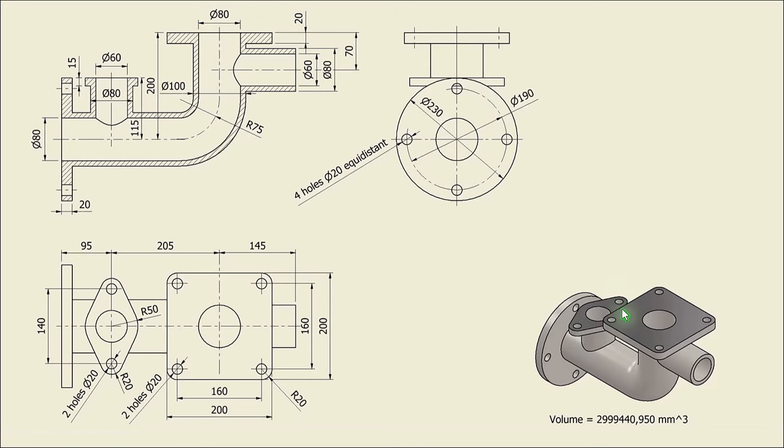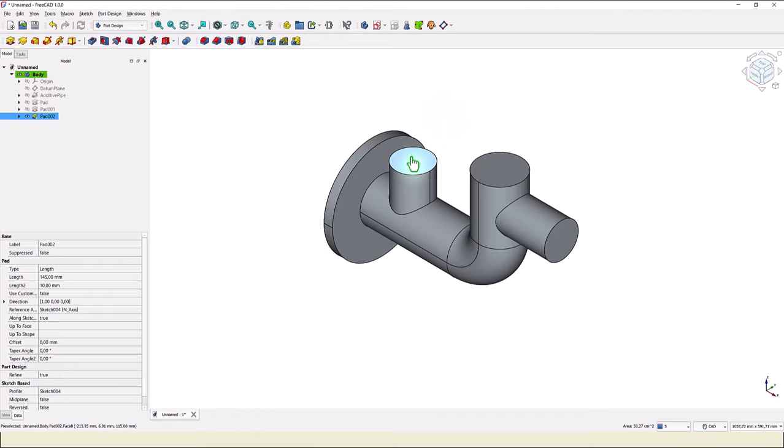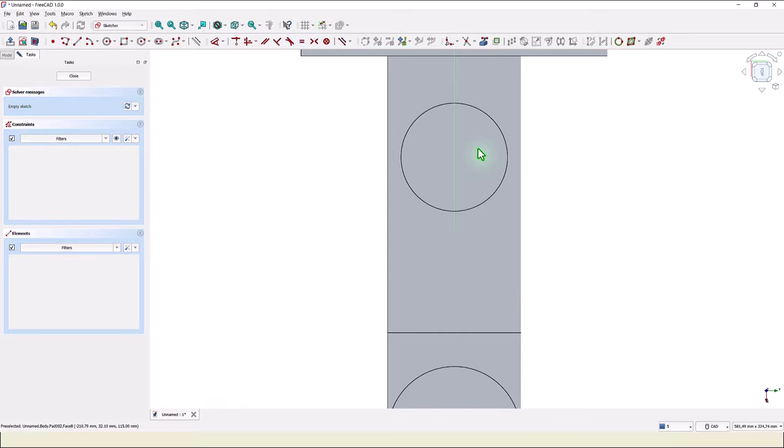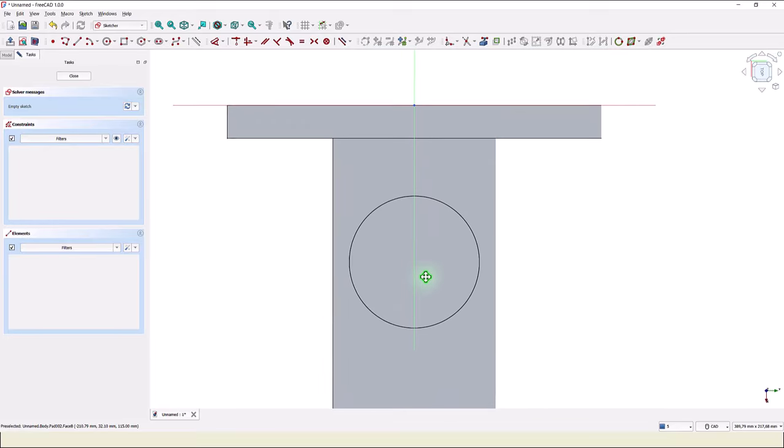We continue with this flange. It has its dimensions 140, radius 20, and radius 50. The thickness is 15. We select this face for a new sketch and we draw some nice lines